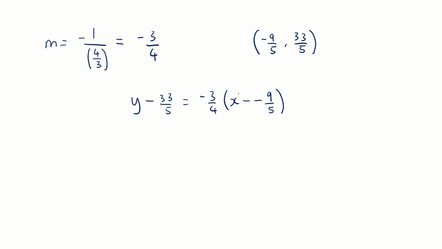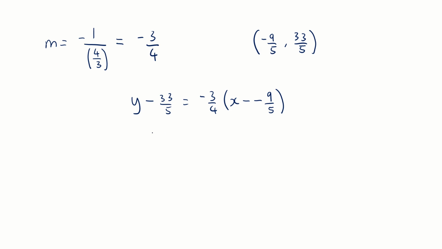However, we wouldn't leave our answer like this. We're going to have to do some simplifying. The question, interestingly, didn't mention what format it wanted the final answer to be left in, so it's up to me. I'm going to therefore choose to write in ax plus by plus c equals 0 form, because that means I have to deal with fewer fractions. So you could multiply both sides of the equation by 20 to eliminate all the fractions in one big go if you want, or if you want to break it up into more bite-sized, easier to deal with steps, you can